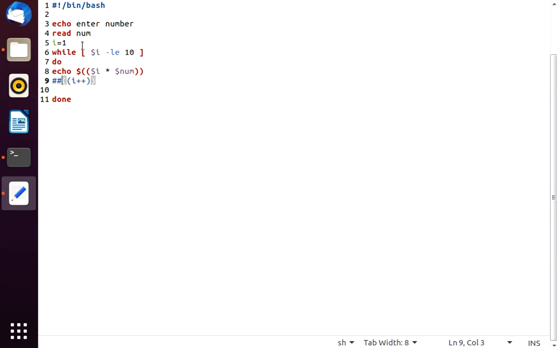Here I is 1, and we are not incrementing I, which means all the time I's value will remain 1, and 1 is always less than 10, so this while loop will always execute and it will print 1 into 3, 1 into 3, 1 into 3, which means the value 3 is printed infinitely here. So incrementing the iterator value is mandatory in the while loop, otherwise your code will run in an infinite loop.